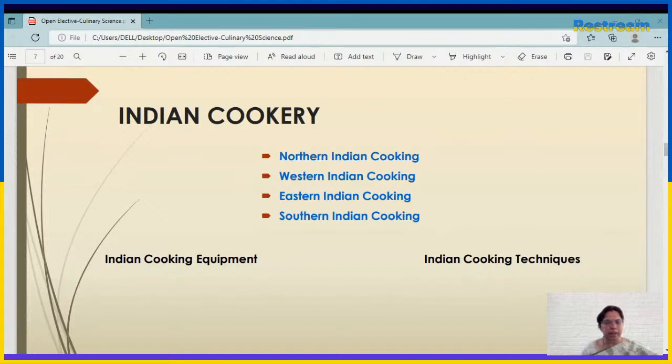Then wheat, millets, rice, chickpeas, and lentils were a staple diet in those days, and they are a part of it today also. And we had special spices in Indian foods which were not available in foreign foods, of course, like cinnamon, cardamom, cumin, star anise, etc., to name a few. Then dairy products were also later incorporated.